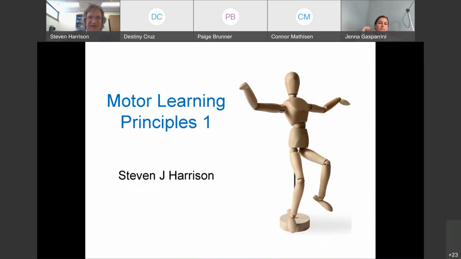Okay, so now we are transitioning into motor learning principles. This is the part of the class where we'll be going through the different concepts that exist in the motor learning literature, and this is where you want to keep an eye out for being curious about how particular concepts could be applied in clinical settings in order to develop a presentation on that